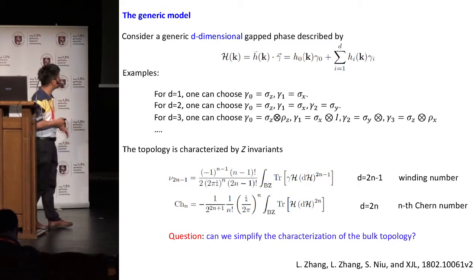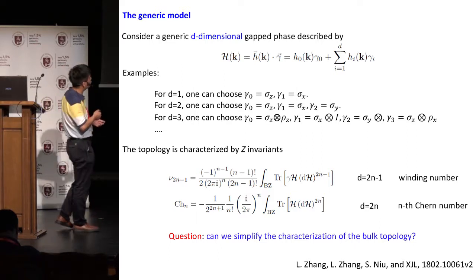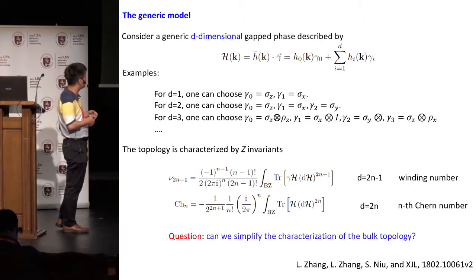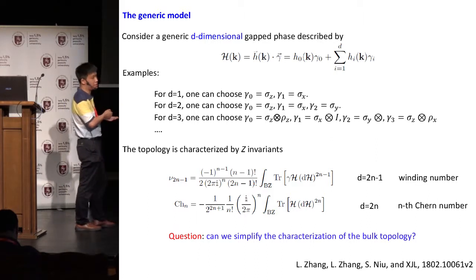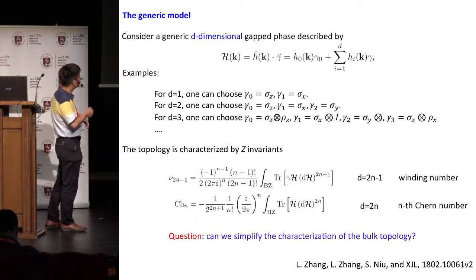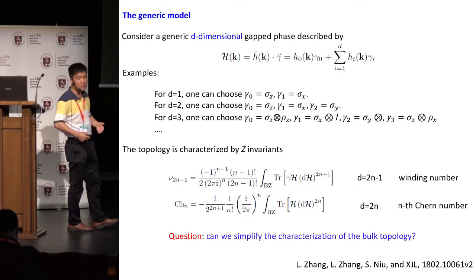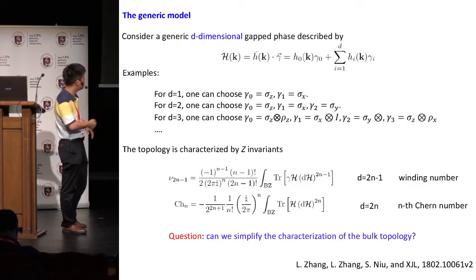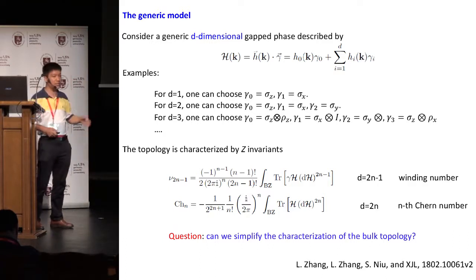But now we can go to the generic d-dimensional case. For this case, we can write down the Hamiltonian in terms of h dot gamma, where gamma is a generic gamma matrix. For one and two dimensions, you can choose the Pauli matrices for the gamma matrices, which is very simple. But if you go to three and four dimensions, you will see that in the minimal case the gamma matrices should be the typical Dirac matrices, formed by 4x4 matrices, that is, two Pauli matrices. One Pauli matrix can be the real spin, and another can be the pseudo spin, like the orbital or other degrees of freedom. Furthermore, you can go to higher dimensional cases.